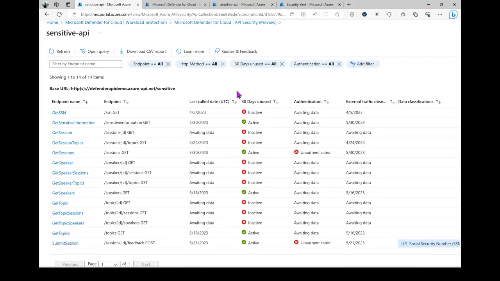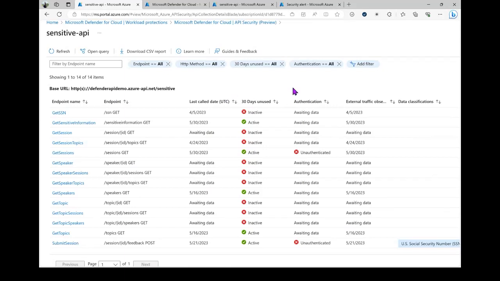For cloud workload owners and security teams, this insight demonstrates which APIs within the organization haven't received traffic for a period of 30 days, and these may be APIs that should be deprecated and removed from the Azure API Management service, but they were accidentally left there for some reason. This is really common in the case of new versions of APIs being released, with the previous version still left active, and they may not be receiving the most up-to-date security patches, which could bring risk to an organization.